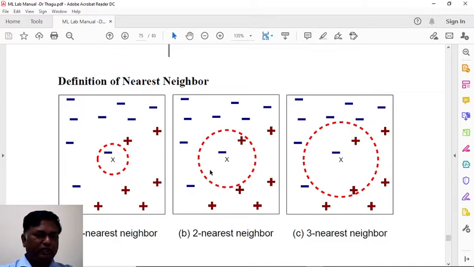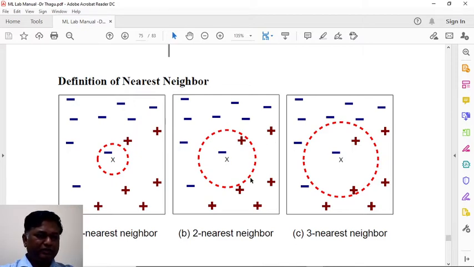If you take KNN equal to 2, based on the nearest data, the minus data, this unknown data is classified as minus. Now KNN equal to 3 means you see the majority of the data belongs to plus, so the unknown data will be classified as plus.